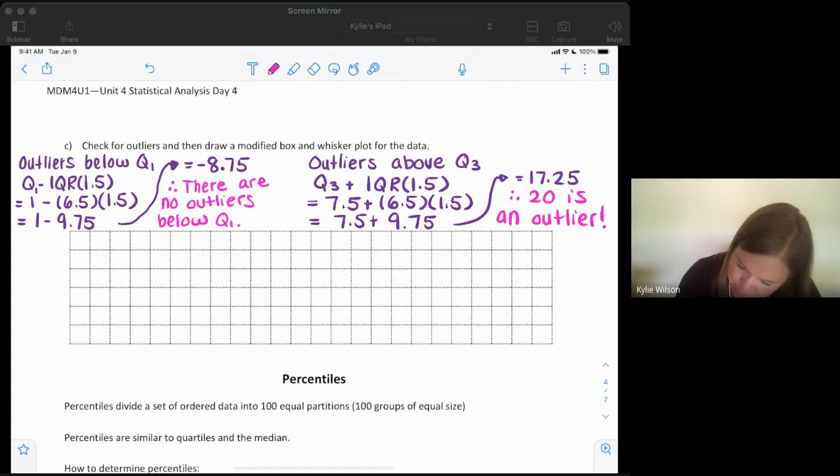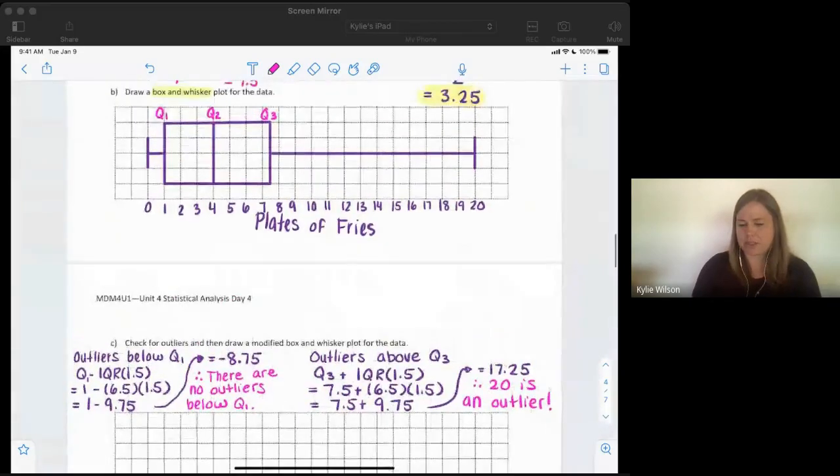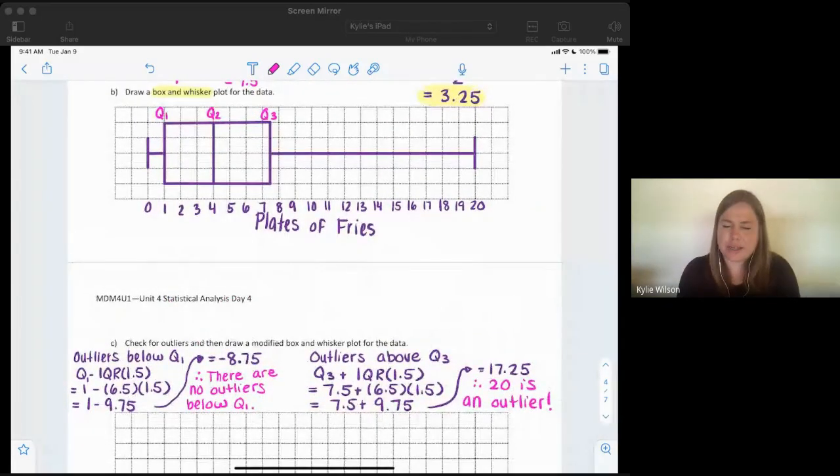Now, one important thing to note here is that if I look at my original box and whisker plot before we've dealt with outliers, look how far the whisker is on the right-hand side. Our interquartile range is very far away from that greatest data point, so it's likely that we will have an outlier in situations like that. Okay,